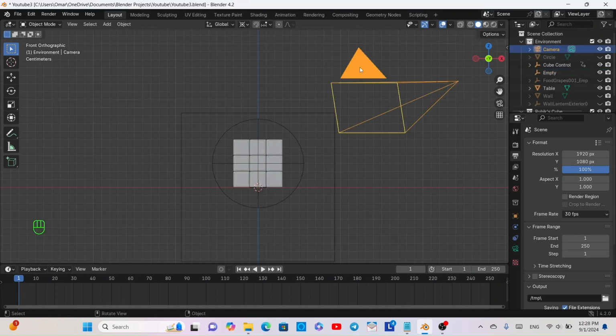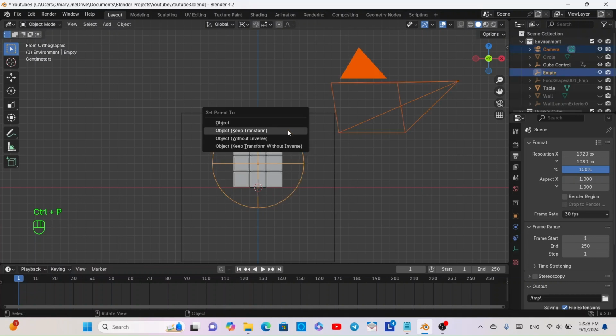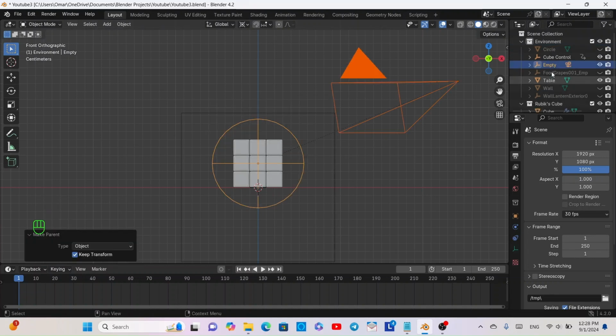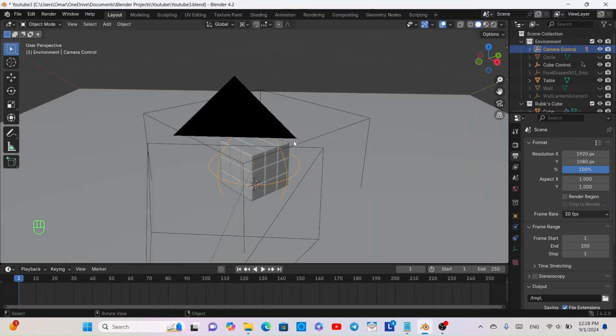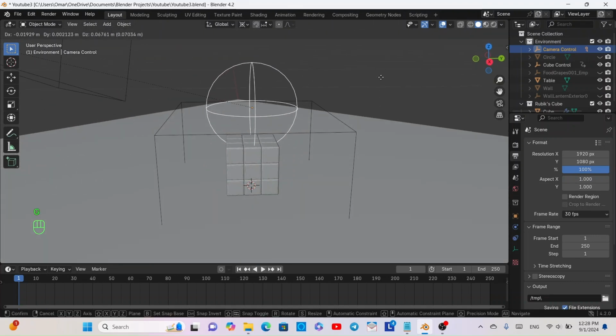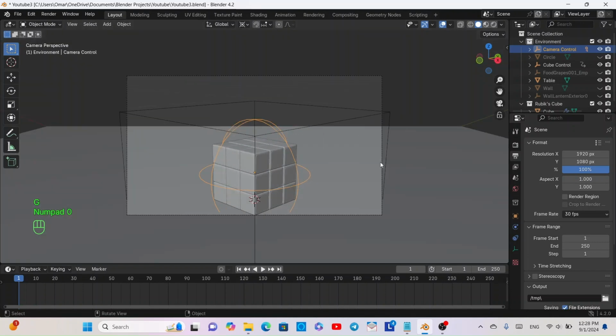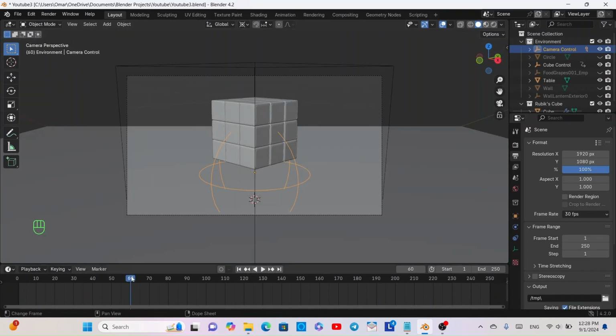And now I'm going to click on the camera, then hold down Shift and click on this empty and press Ctrl P and do the same thing as we did to the cube. Then I'm going to name this empty camera control. Now if I do anything to this empty, it will apply to the camera. I'm going to press 0 on the numpad to go to the camera view, and then I'm going to go to frame 60,